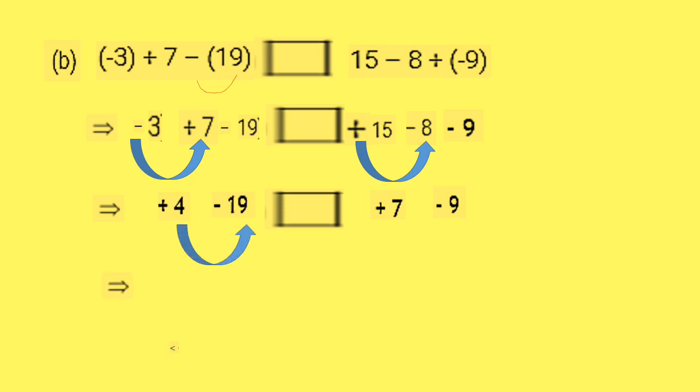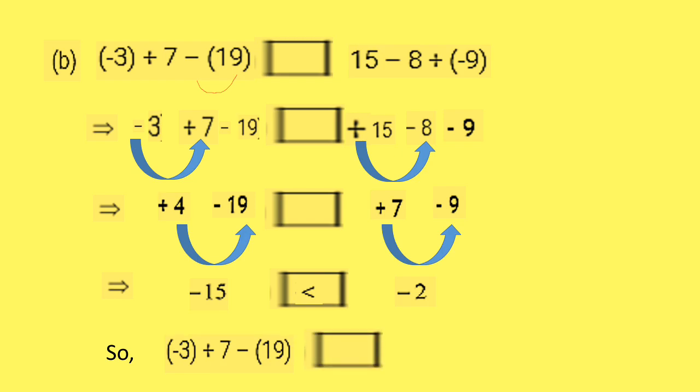Next, I will solve these two integers. Different sign, so I will subtract and put the bigger number's sign, that is minus. Minus 15, blank, here minus 2. So look here, both are minus. So the number that looks smaller is bigger. Here minus 2 is larger than minus 15. And at last I will write the answer like this. So this is the answer. Next question,